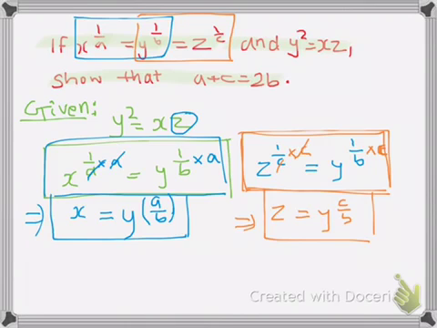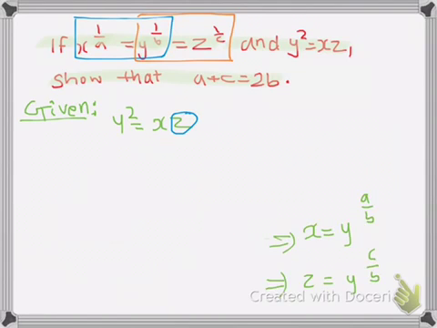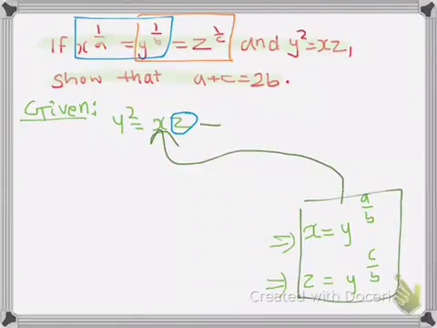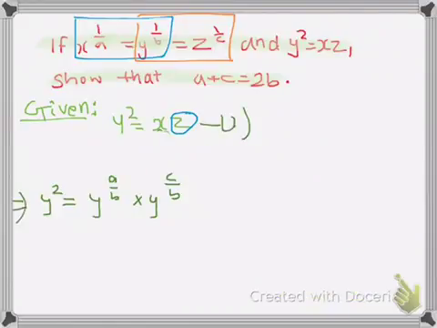Now we've already found out x and z in terms of y. So now let us substitute the value of x and z. When we substitute the value of x and z in terms of y and put it in this equation, let us say this is equation 1, what we get is the left hand side of the equation y squared remains the same, but x changes into y to the power a by b and z changes into y to the